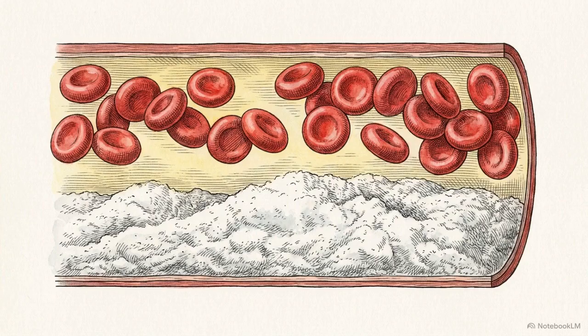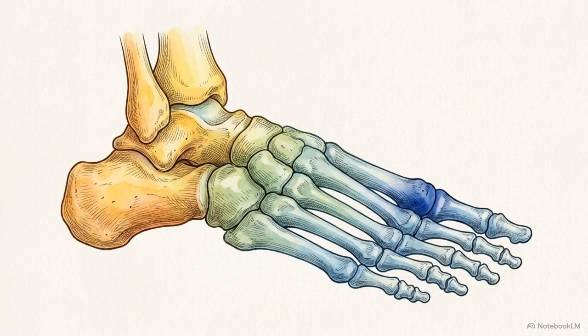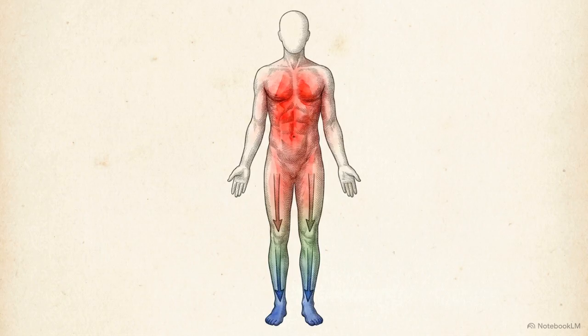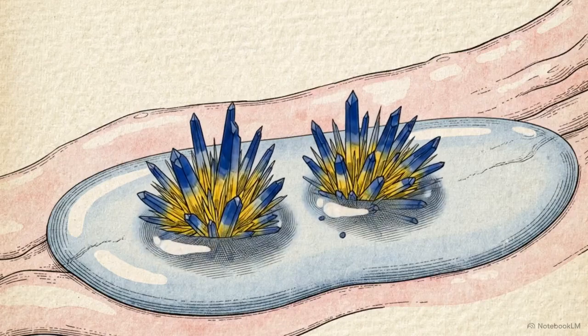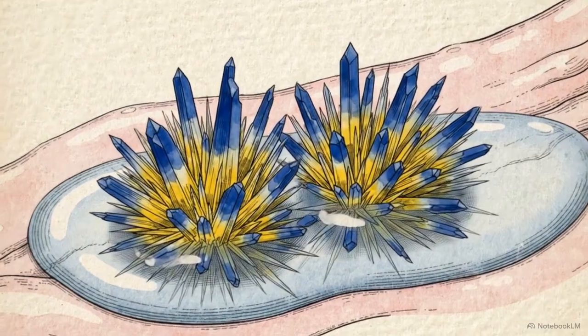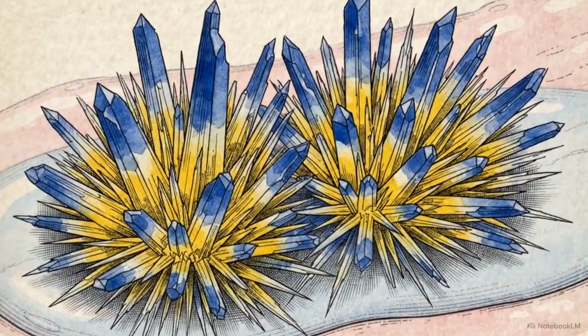When serum uric acid exceeds 6.8 milligrams per deciliter, physics overrides biology. The dissolved urate physically drops out of the blood. This crystallization targets the peripheral joints, such as the big toe, through a localized temperature trap. Joints in the extremities are naturally cooler than your core body temperature. If your foot gets cold at night, that drop in temperature physically lowers the solubility threshold of the surrounding fluid. The dissolved urate shifts almost instantly into highly sharp, extremely jagged, needle-like monosodium urate crystals right on the surface of